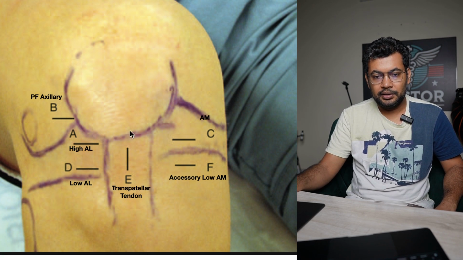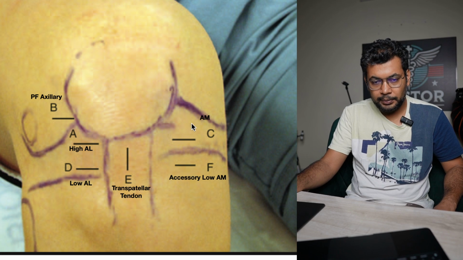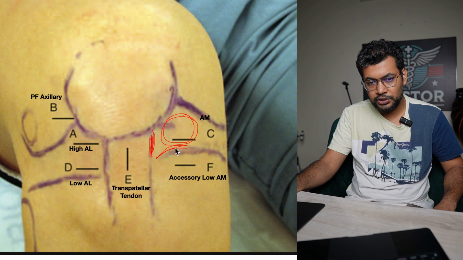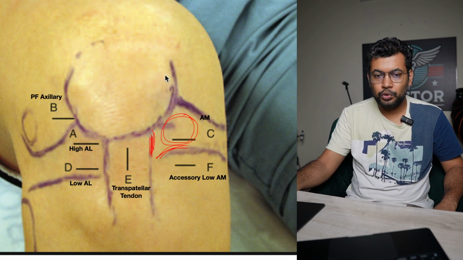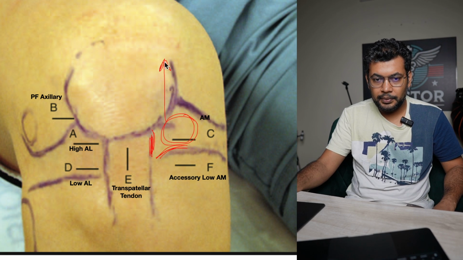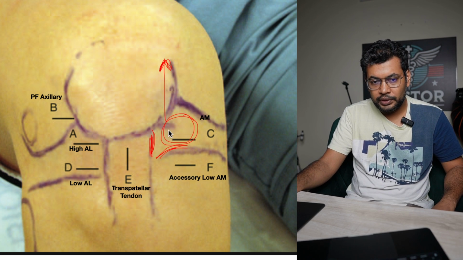Similarly, when we talk about the anteromedial portal, this will lie medial to the patellar tendon and above the joint line. The location of this portal will vary. If we want to go towards the posterior horn of the medial meniscus, then we will try to take this portal more on the lateral side, just lateral to the patellar tendon, or we will see the anterior horn of the lateral meniscus and we will take